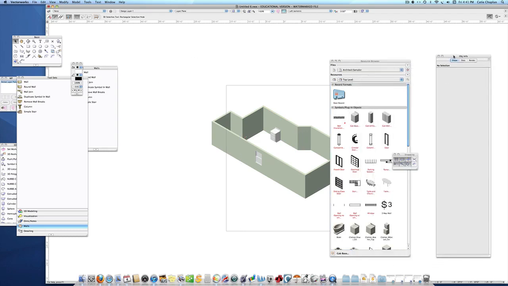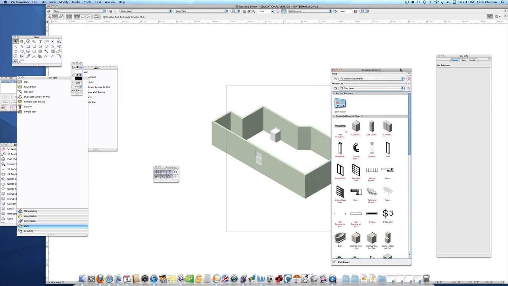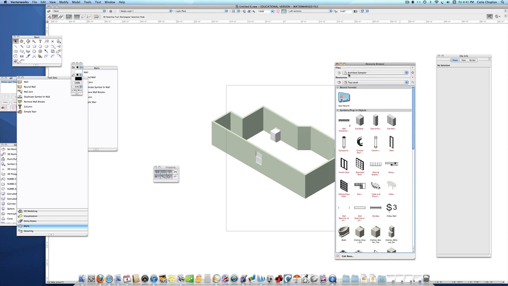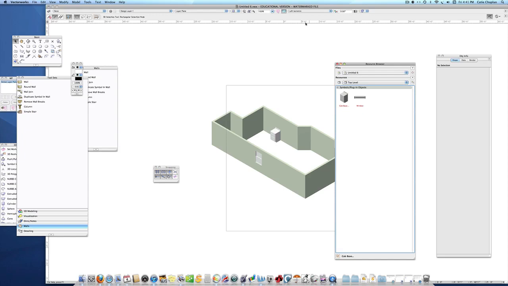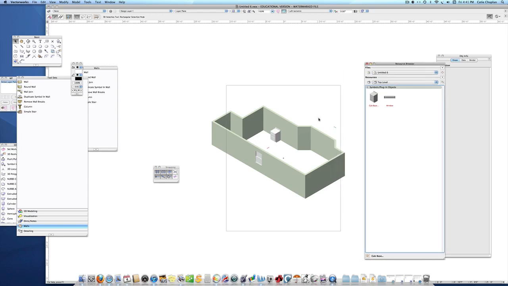So let's go back. Before we start dealing with modifying symbols and plugin objects and all that kind of stuff, I want to focus on the resource browser a little bit. Currently we're pulling symbols out of the Architect Sampler. I want to switch back to our document. So I'll go back to Always Display Active Document, or I could choose Untitled number 6, which is the document we're working in. And notice the two plugin objects that I placed in my drawing now show up in my